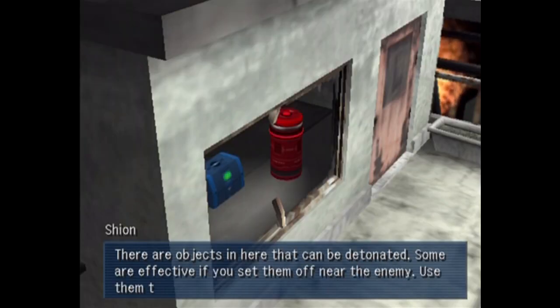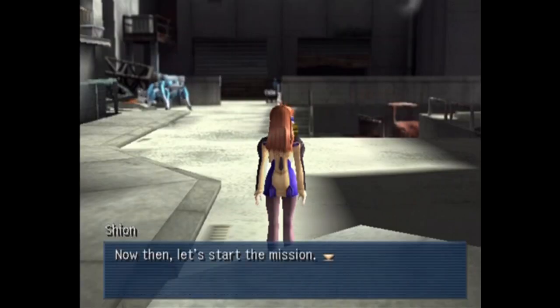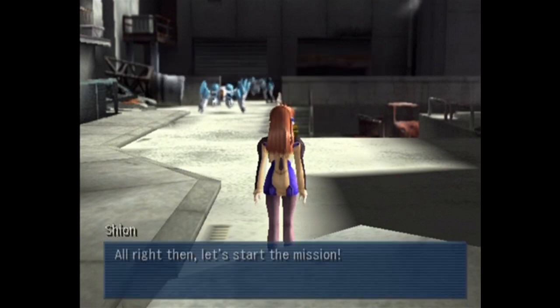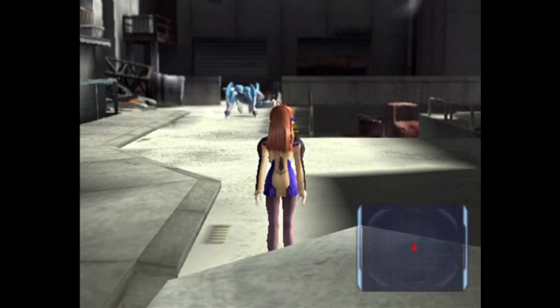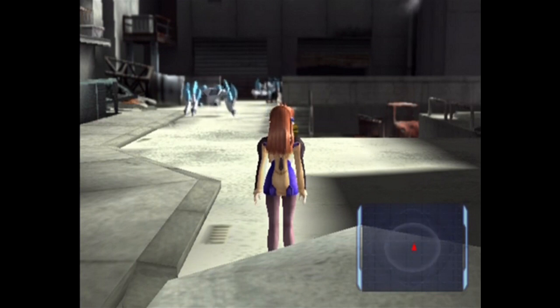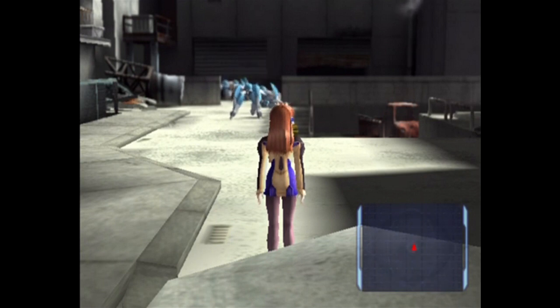The objects in here can be detonated. Some are effective if you set them off near an enemy. Use them to your advantage. Now they cause certain things inside the level. Now, as I mentioned before, 400 level processes, or they've mentioned before, it's just different ways of testing Kosmos' battle capabilities. So now I've explained all that, I'm going to explain the EPR paradox, and I hope that you don't